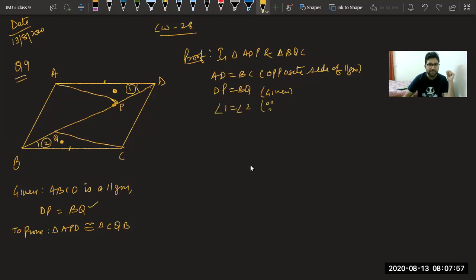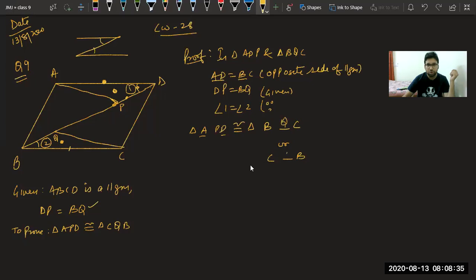And what is the reason behind that, class? What is the reason? Moksh, very good. Bhavya, good beta. You can see it is forming a Z like this. So this angle equal to this angle, we can say triangles are congruent. By which criteria? One side is coming, one angle is coming, one side is coming. So triangles are congruent very easily. So triangle APD is congruent to triangle. You can see AD and BC are coming. So A and D first and third, B, C or C, B. What will come in the middle?